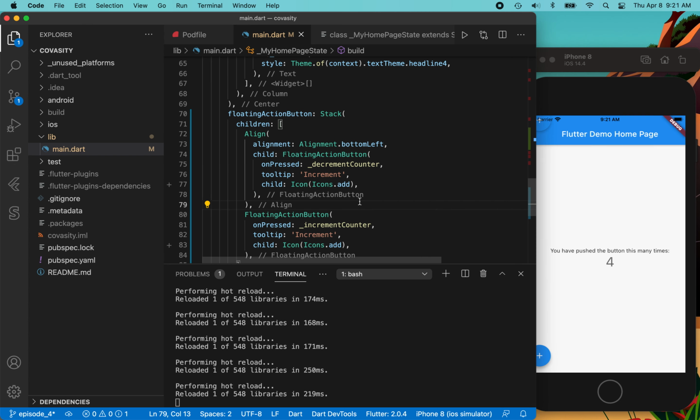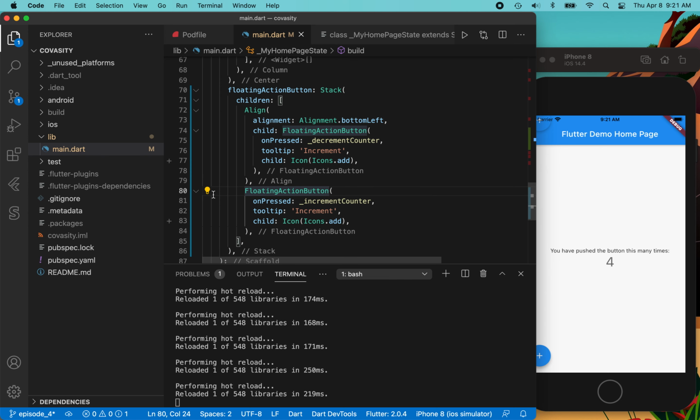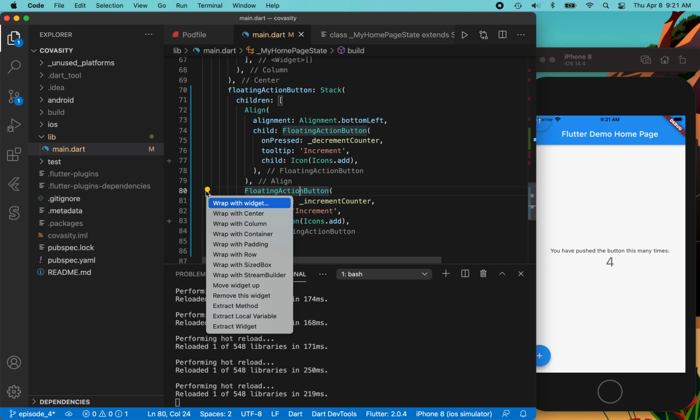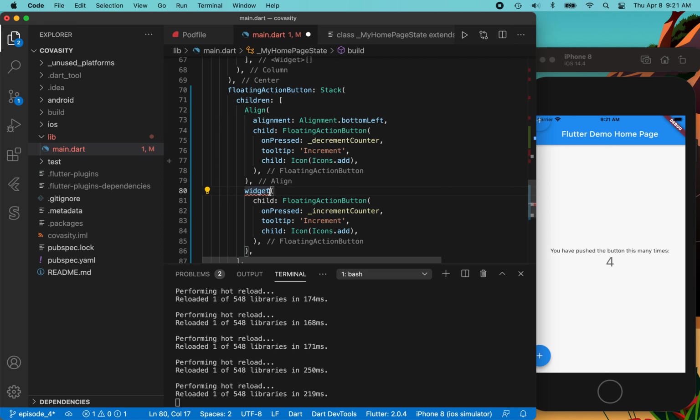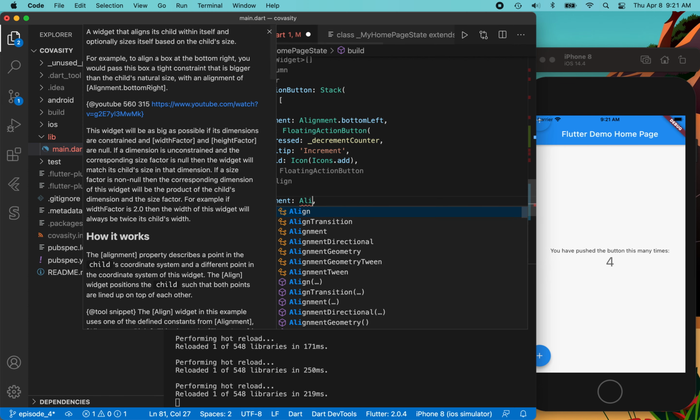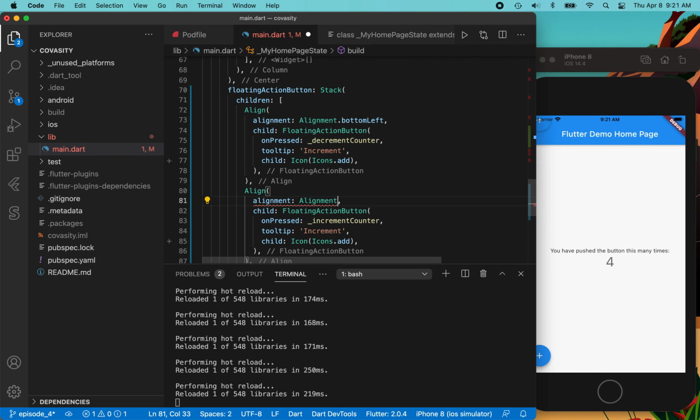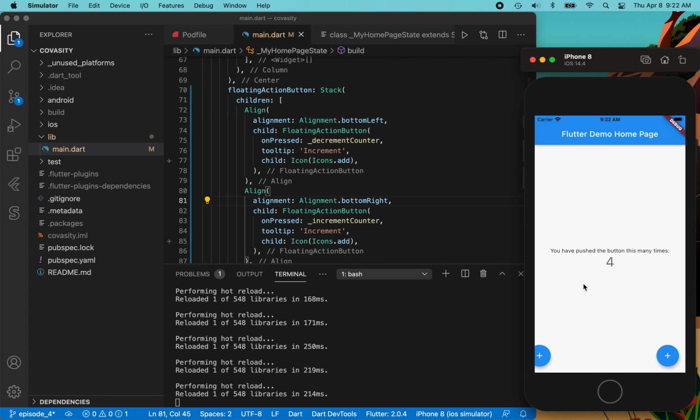I guess we are going to need to align this one as well, since we now have only 1. We probably have 1 on top of the other. Let's wrap this one also with an alignment. Do we get there? Yes, we do. Now I've got 2 plus buttons, but let's see if they're doing what they're supposed to do. This one, of course, goes up, while this one goes back down. All right, so we've got what we need,